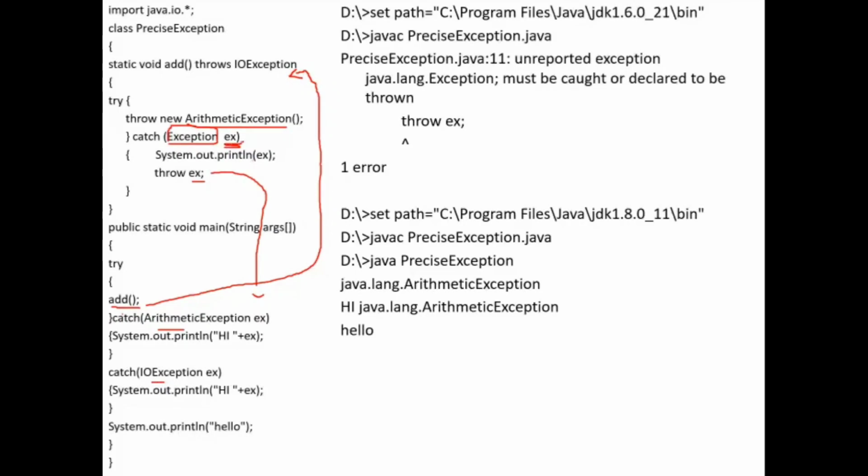But here, what type of reference is this? A superclass reference. So a superclass reference means the catch block must be with the Exception class in JDK 1.6, otherwise I will get a compile-time error. The compiler itself will identify what type of object we are rethrowing. In the catch block, the compiler can easily find out, because in the catch block we are mentioning it. So when the compiler is compiling the statement, at that time itself it will check